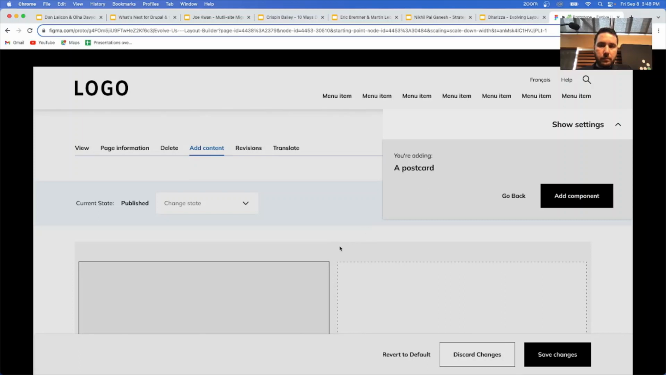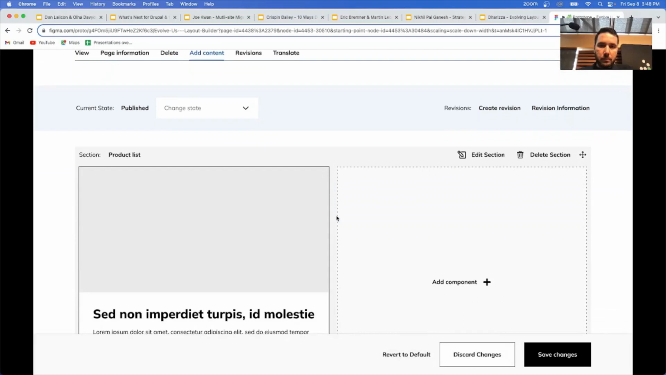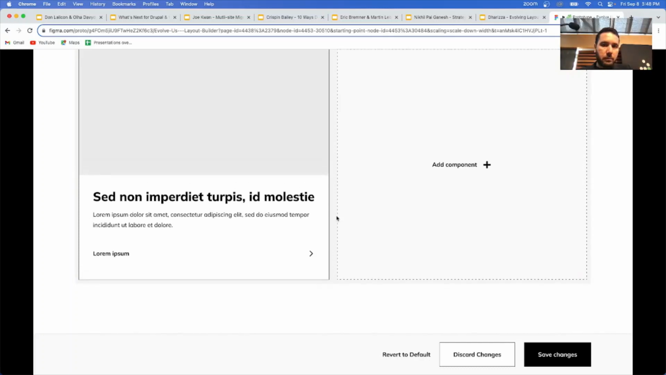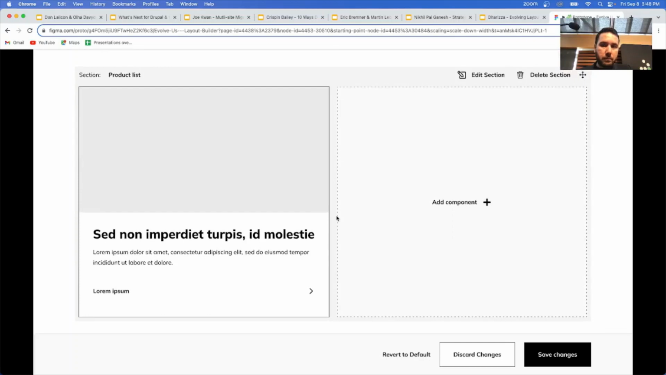So if we click again on Add Component, we will be adding the component into our page. And we can see it there immediately. So that will be a little bit of how we are envisioning the experience with Layout Builder, and that is what we want to release to the community. So yeah, that's the